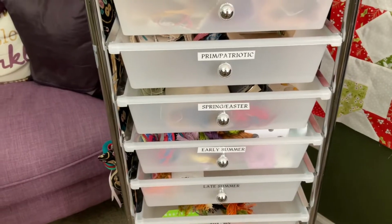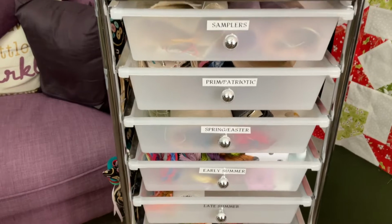So I did get a good bit of stitching done over the weekend. And I also spent some time yesterday rearranging my WIPs and my patterns. And so I did a little video a little bit earlier, and so I will insert that video for you guys right here. Okay, guys, so I spent some time yesterday